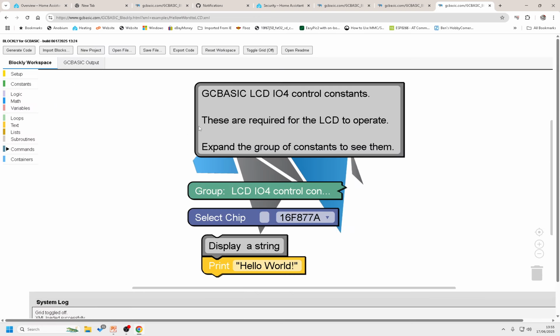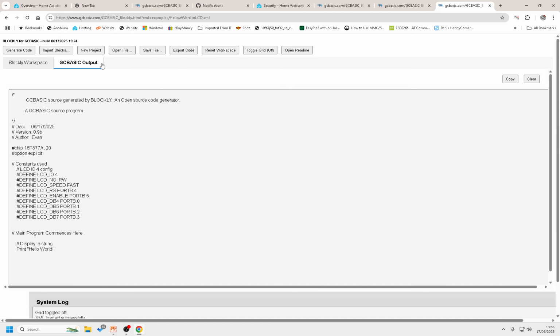It will take me in, and this sets up the LCD for I/O 4 ports through a standard set of constants, displays a string called hello world, end of program. Let's prove that by generating the code, and we'll look at the code by taking the tab, zoom in on that,